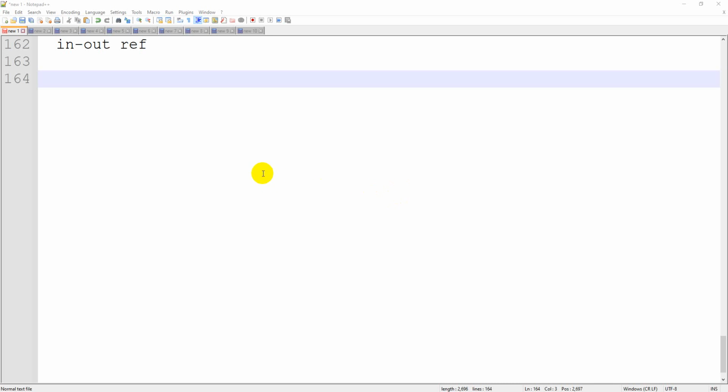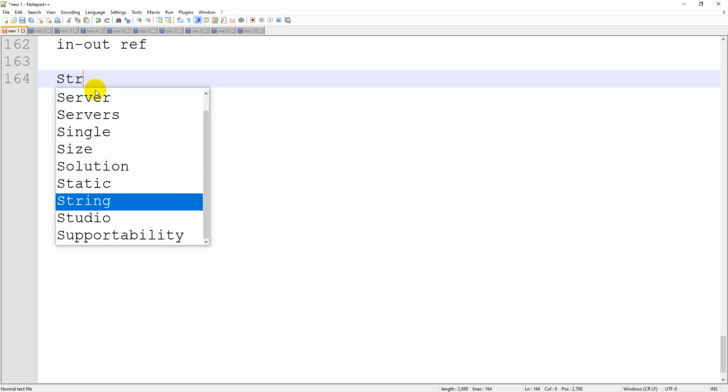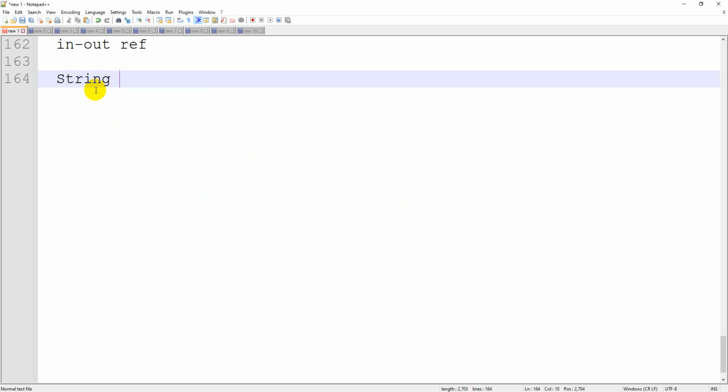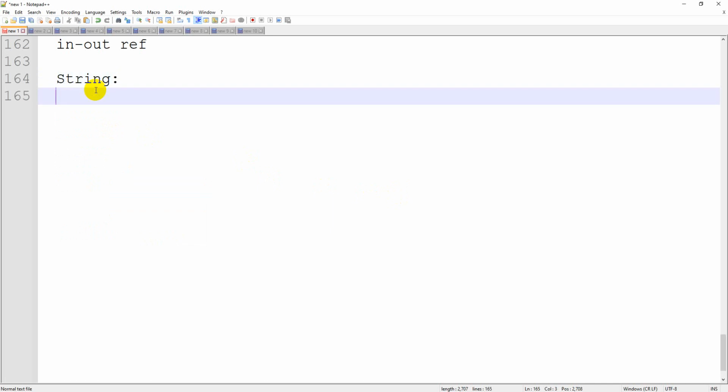Yeah guys, the next topic is string class in C sharp. Normally in C sharp, strings can be called immutable because once you assign any value to a string, you cannot modify that value. Even if two variables are using the same string, the system will map that particular address. It is not going to allot a new address.